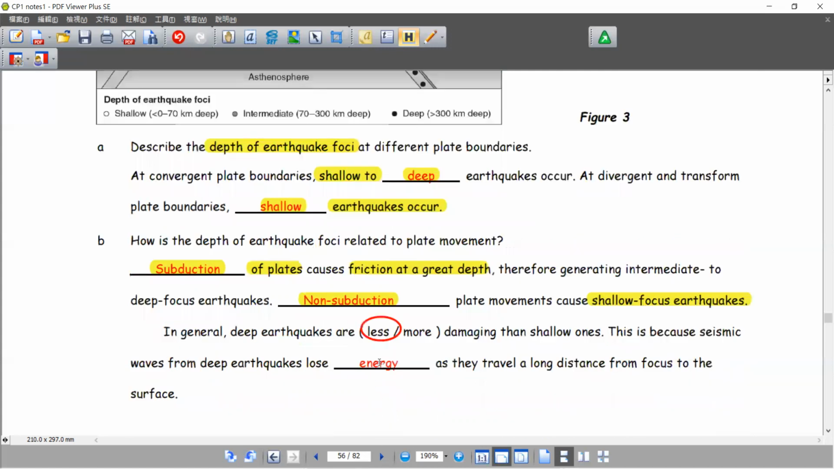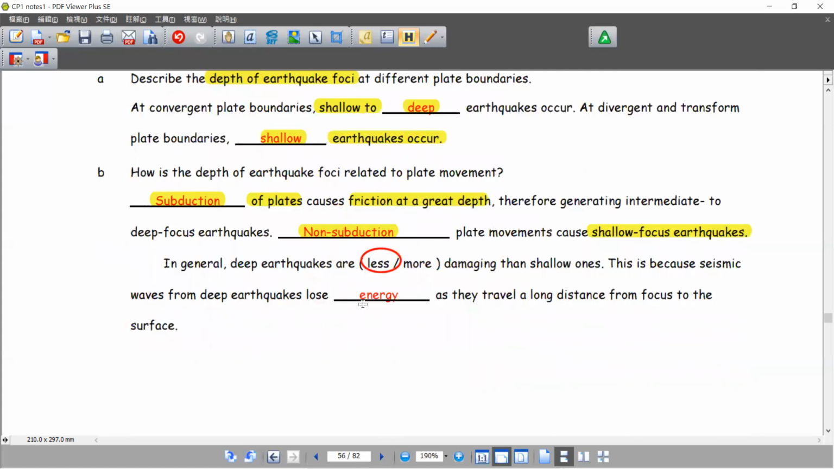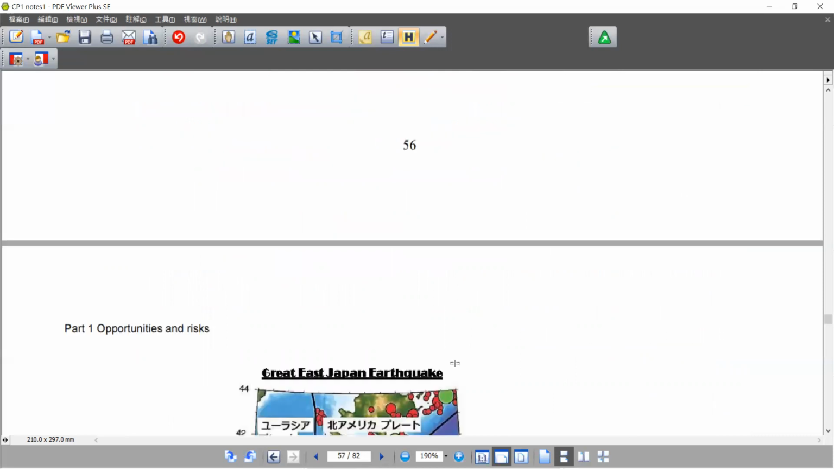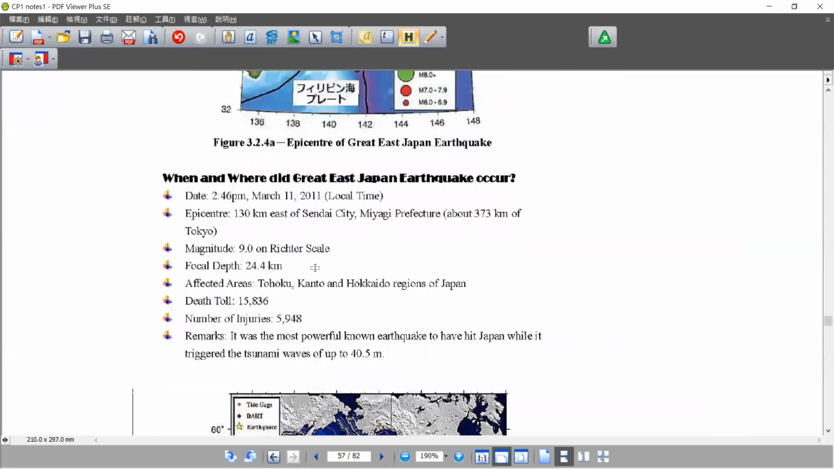Okay, then mainly the shallow earthquake is more dangerous, but the deep earthquake is less damaging. Okay, next, this is the case about the 311 earthquake in Japan, which I have always asked you to have a